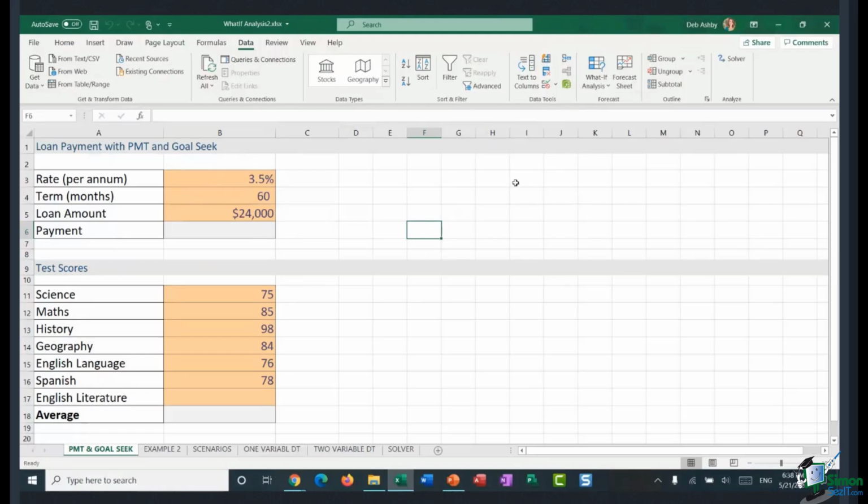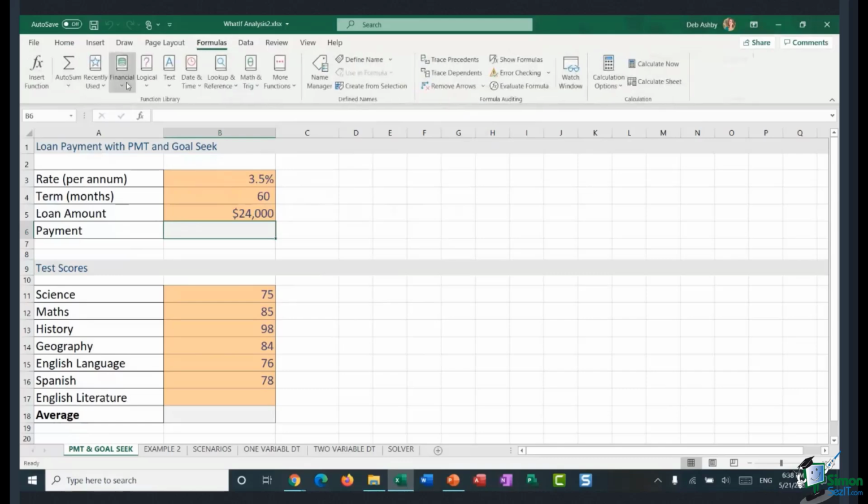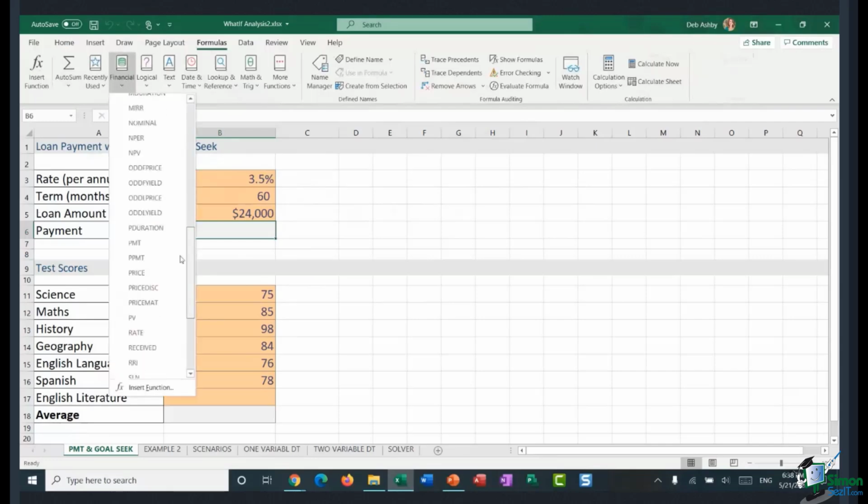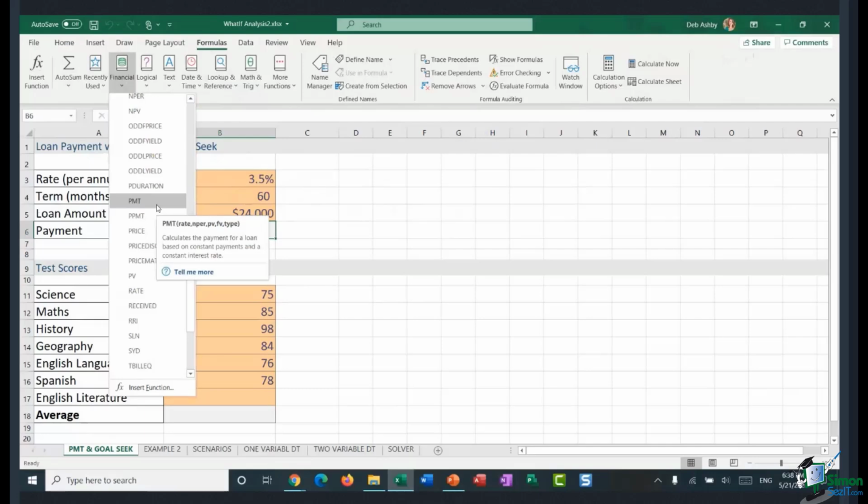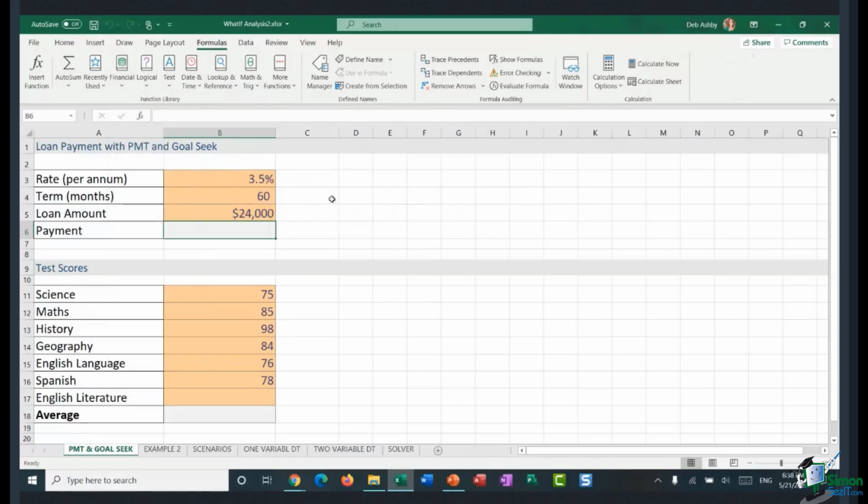All right, let's start out by taking a look at Goal Seek. Now, in order to demonstrate this, I want to start out by just completing this little table here using the function called PMT. Now, if you've never used PMT before, this is a financial function. So if we jump to our formulas ribbon, you will find it located under our financial group just here. If I scroll down, there it is just there. And basically what it does is it calculates the payment for a loan based on constant payments and a constant interest rate. So what we're going to do first is I'm just going to complete this PMT calculation, and then I'm going to show you how it works with Goal Seek.